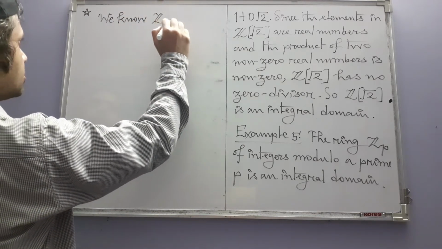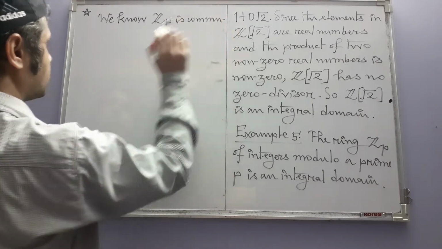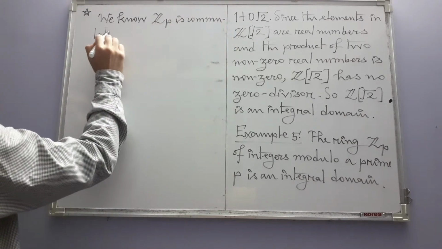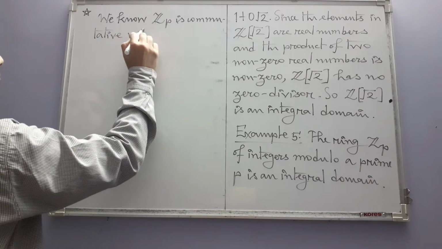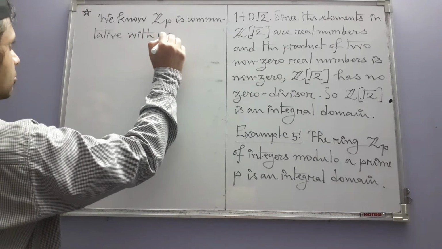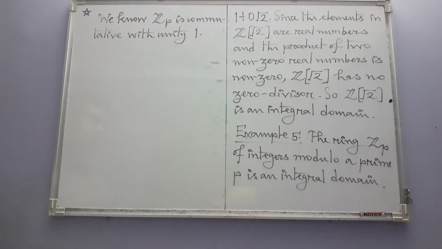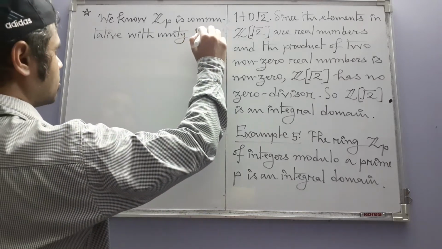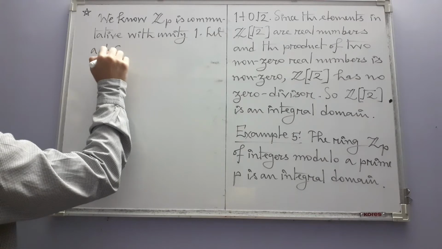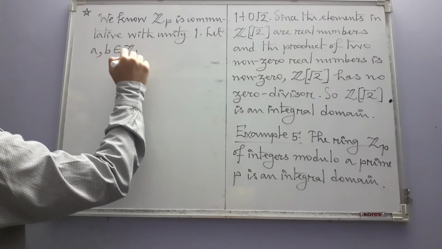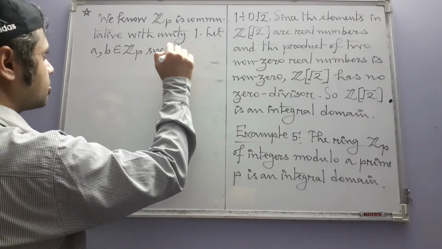We know that this ring is commutative with unity 1. Okay. Now let a and b be two integers here such that